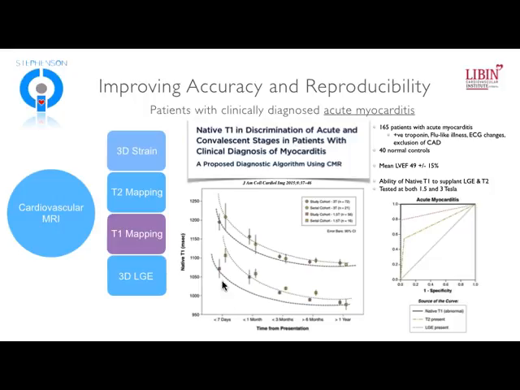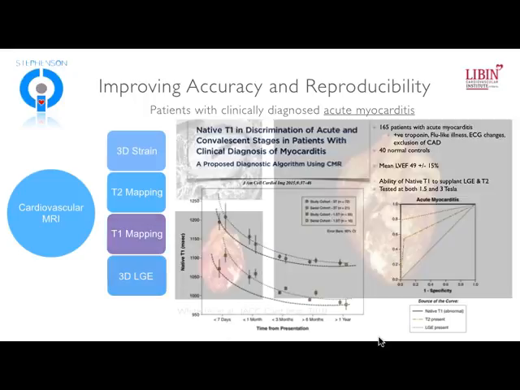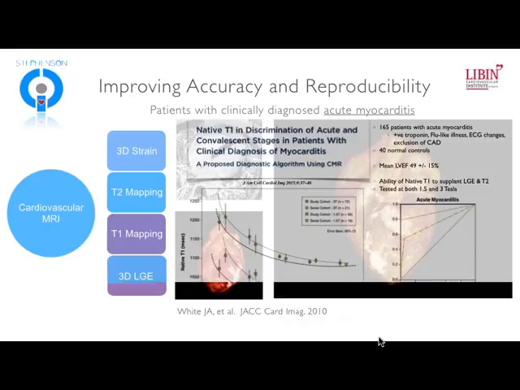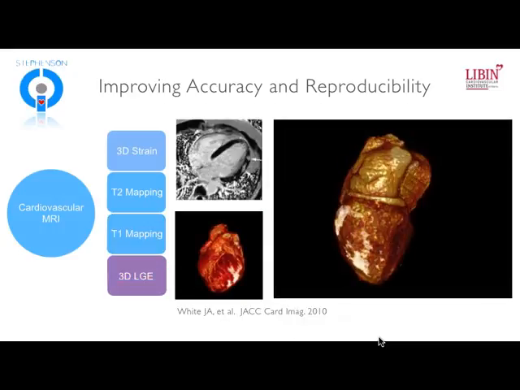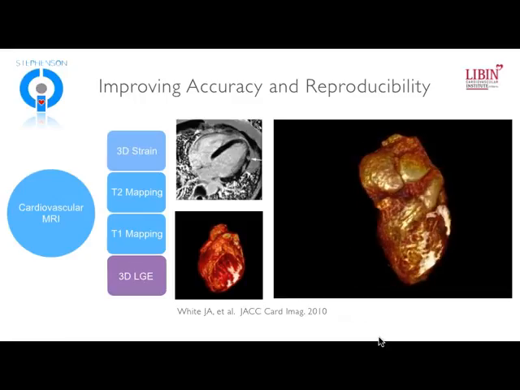But one of the nice figures in this publication is this one. And what they show very nicely is both at 1.5T and 3T, the steady decline in T1 values that occur over time, with normalization by approximately 6 months. And so this is actually a very nice figure that I think that promotes the use of T1 mapping as a quantitative serial measure of trying to look at resolution of myocardial inflammation.